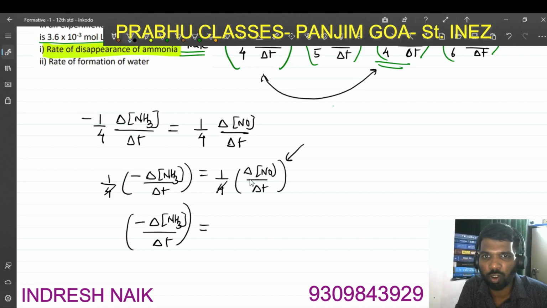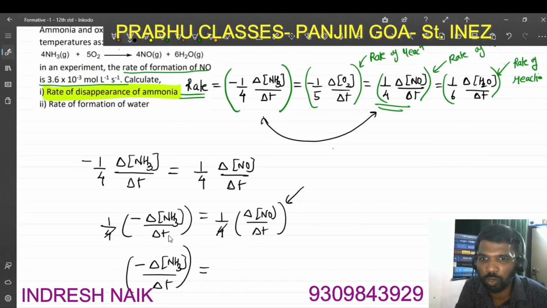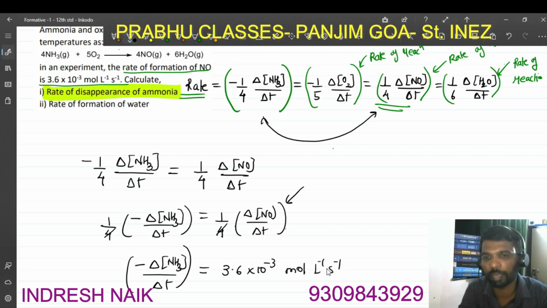Rate of appearance of the NO was given directly, it is equal to 3.6. So I'll just substitute this bracketed term, which is the rate of formation of NO, which is given. Rate of formation of NO is given to be 3.6 into 10 raised to minus 3 moles per liter per second. This is what was given. So this minus sign, don't worry, don't take this minus sign anywhere because this together is not a negative quantity. Remember this minus sign and this difference,